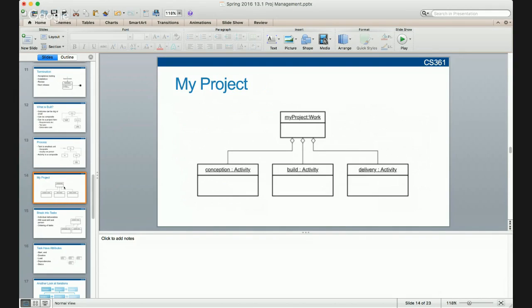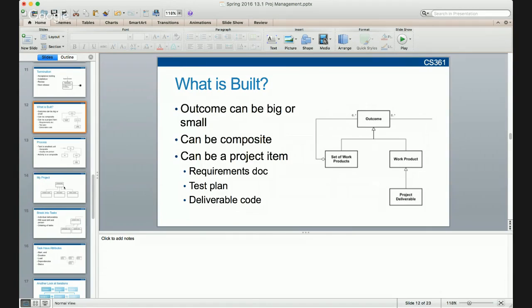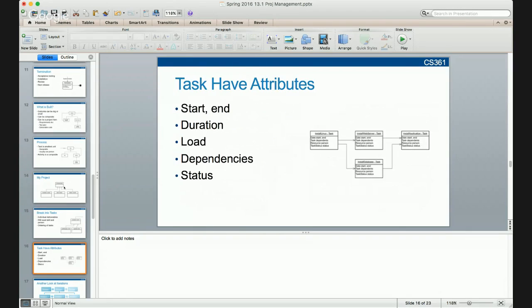Those activities could be conceptual, related to building software, or related to delivery. And an activity could be either a single task or a group of tasks that compose an activity. Some of the activities could be different functions, like writing a requirement document or developing code. And all of those deliver some outcome. It might be a single work product, like a Java file, or a set of work products like release documents and test plans, or deliverable code. Those are what we are managing in the software development activity. And we saw that these tasks have individual attributes,